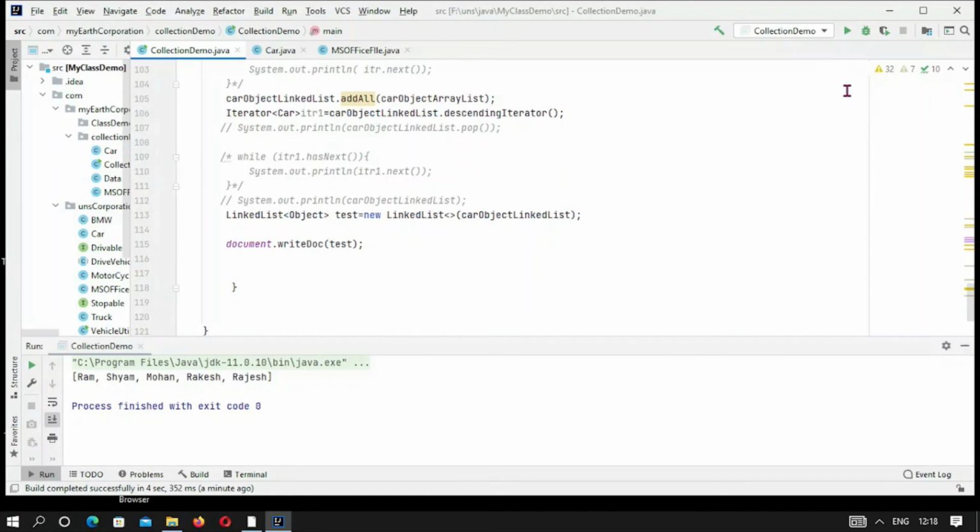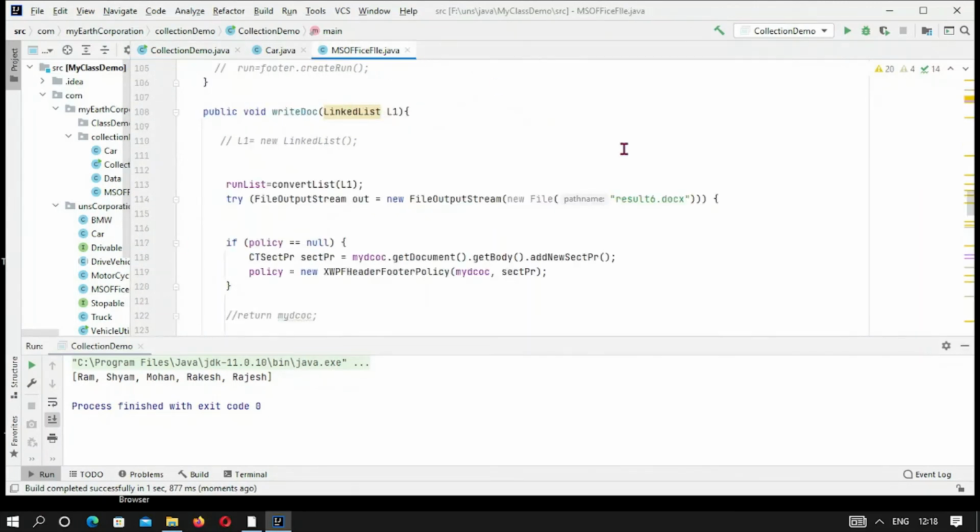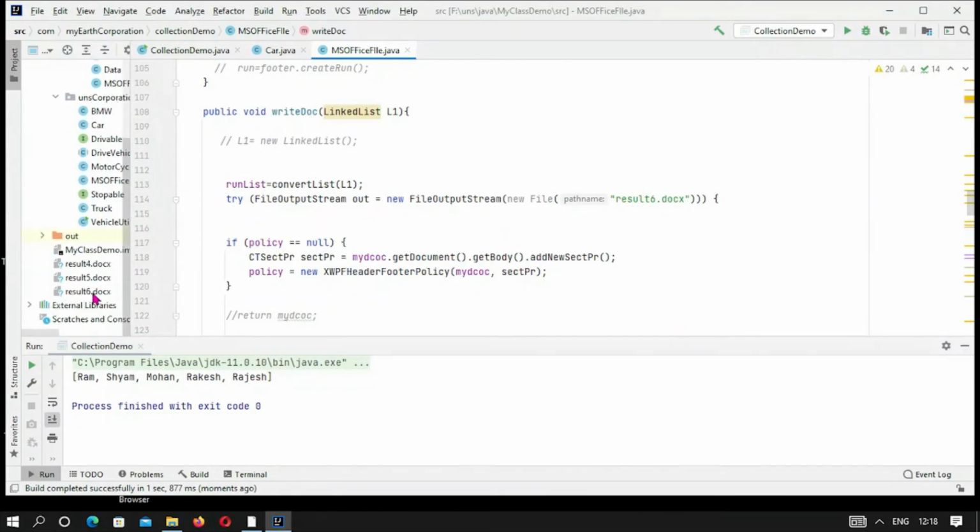Okay, so let me try to see the result of this car object linked list, and here what file we have taken, this writeDoc produces result6.docx. So here we have taken result6.docx.